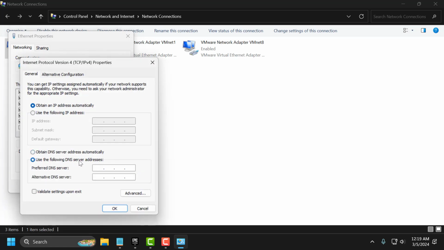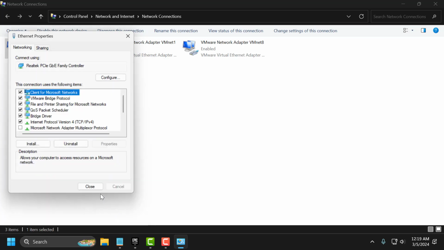Select use the following DNS server addresses. In here you need to type 8.8.8.8 and in alternative DNS server type 8.8.4.4. This is Google DNS server guys. Select OK. And now you just need to go ahead and relaunch the Fortnite and check if the problem solved